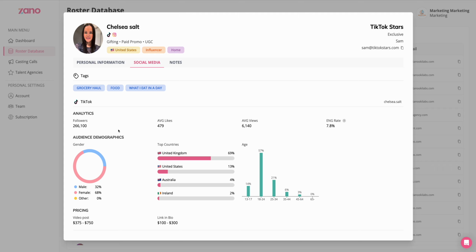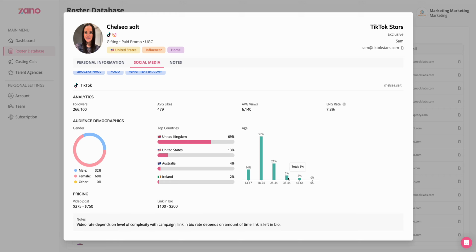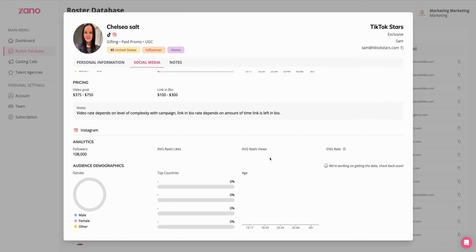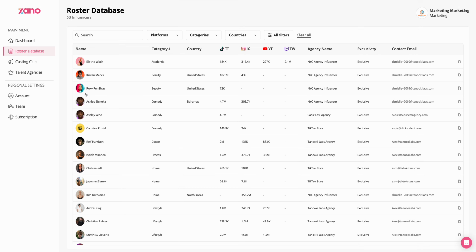So moving forward, we have over here the live metrics. So for TikTok, we have followers, average likes, average views, engagement we calculate on platform. We just take the likes and we divide them by the views. And we have the audience demographic data. So we have gender, location, countries, and age. And for Instagram, we also pull city. It's not coming up in this profile. Maybe I can catch another one,